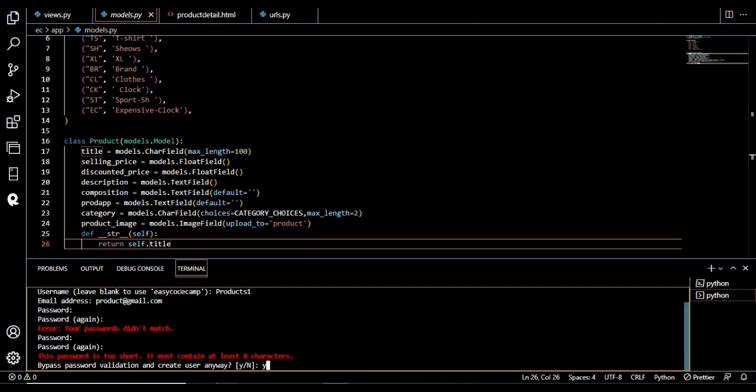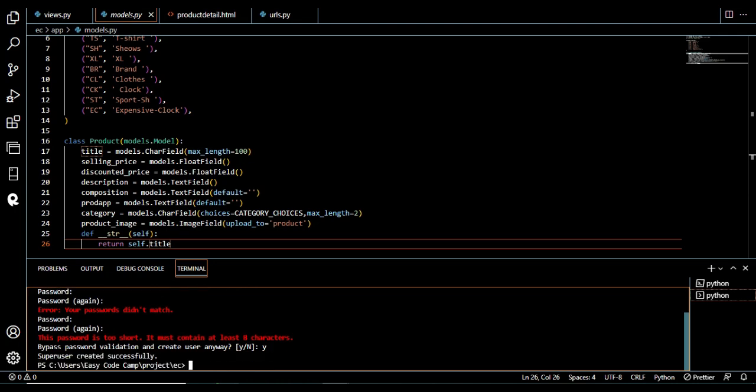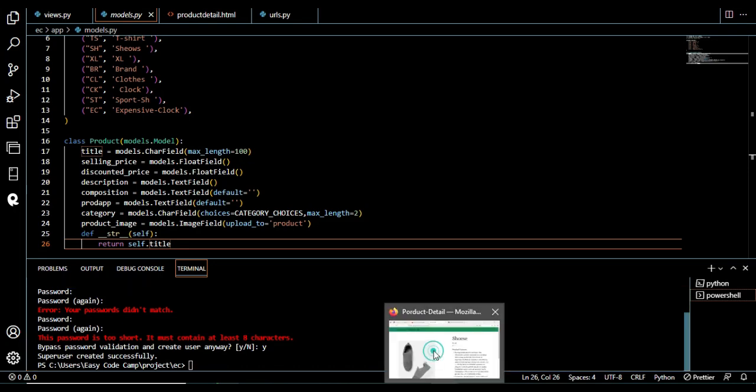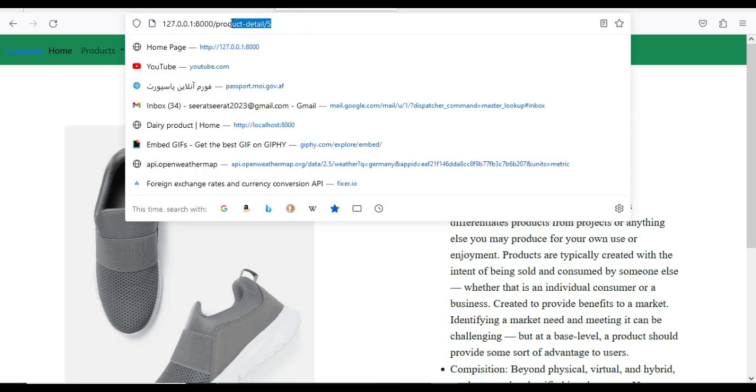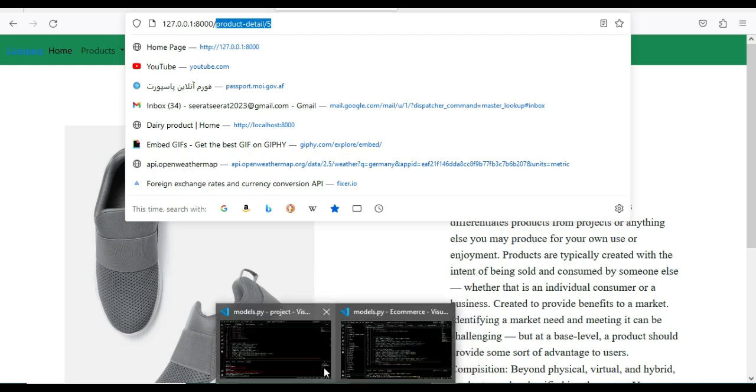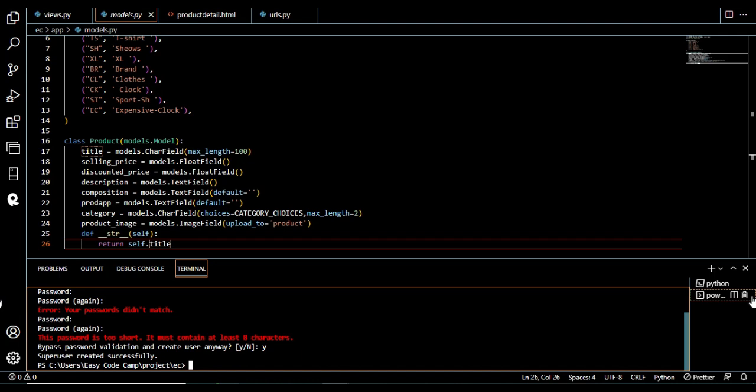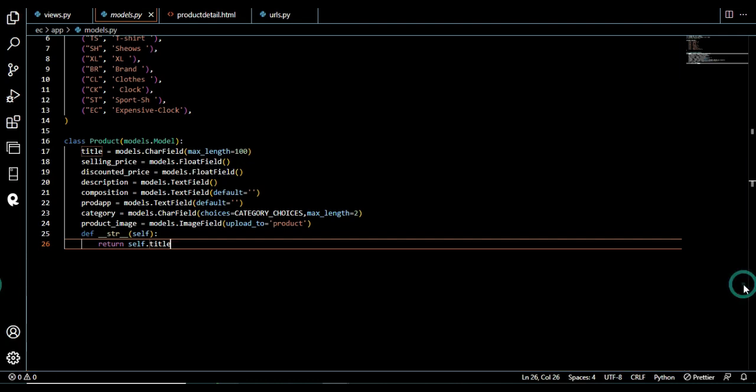To short yes, no problem. Successfully. So come back inside the, for example, come back right here. If we start our page, for example,